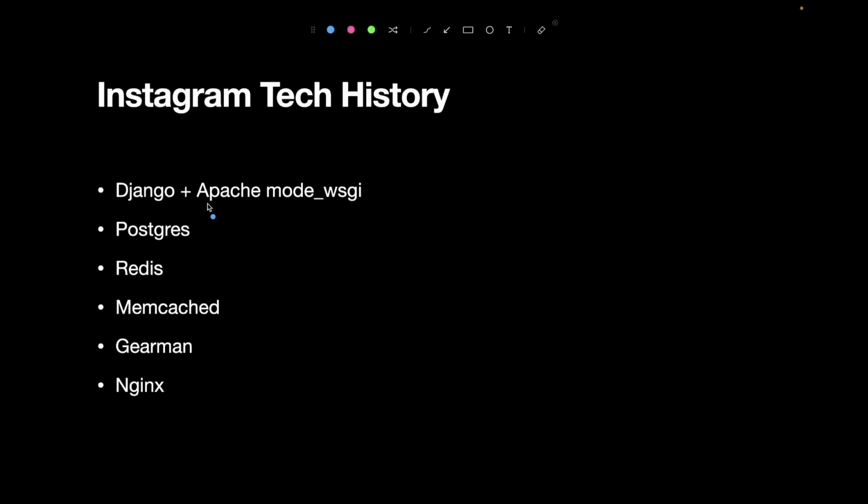The initial software stack of Instagram was composed of the following elements: Django plus Apache mod_wsgi. They used Django for application logic development, and as you know, Django is the Python framework for developing web applications. Also, they used Postgres as the main data server. They used Postgres for storing various data, and